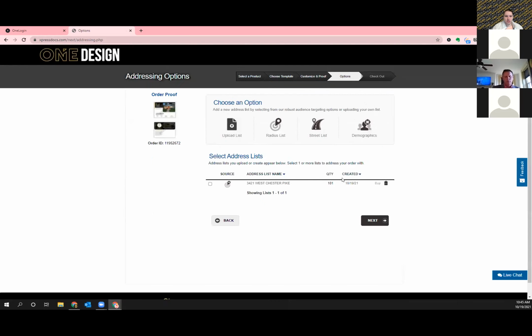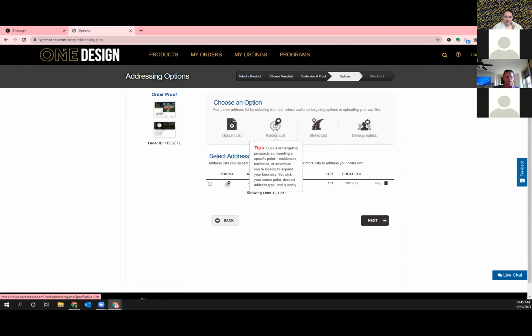Okay, so now once you're here, you've got a couple options for how you can ship it out. You can upload a list of addresses. You can use a radius list, which is what we're going to do today. That will do a certain number of properties that are closest to the property that you use as the center. With the street list, you can choose the streets to which you want the cards sent. The last one is based on demographics. As you can see in the little tooltip here, it talks about some of the options: gender, income, age, homeowners, renters, etc. What I'm going to do is the radius list. So when I click on that,